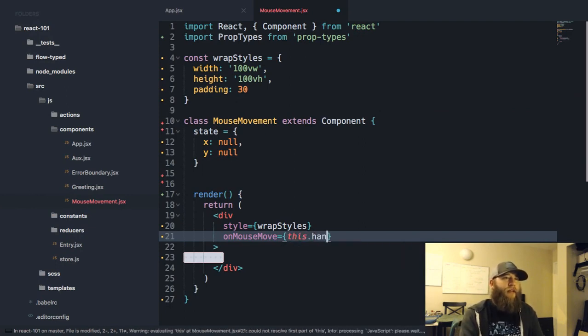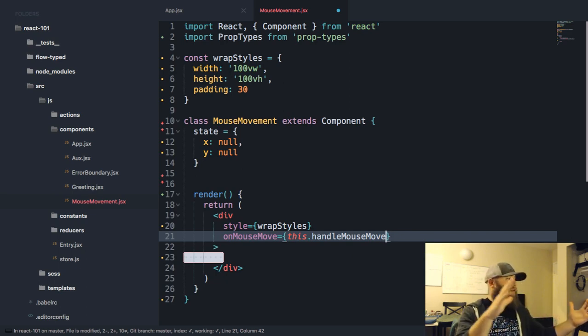We'll call it this.handleMouseMove. You can see I'm really creative with my method names. Actually, this is on purpose, right? I really believe in clean code, and I believe in naming things as simply but as descriptively as possible. I don't care if a function ends up being like 20 characters long, as long as it's absolutely clear what it does and it can't be mistaken.